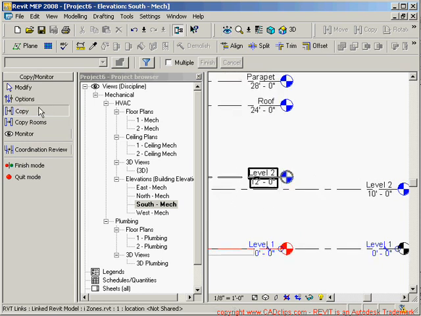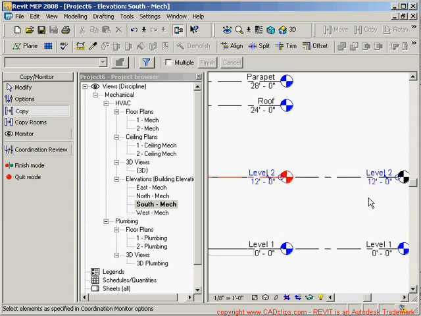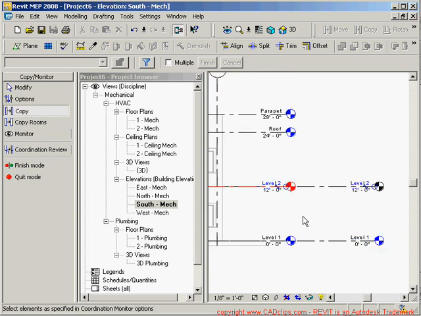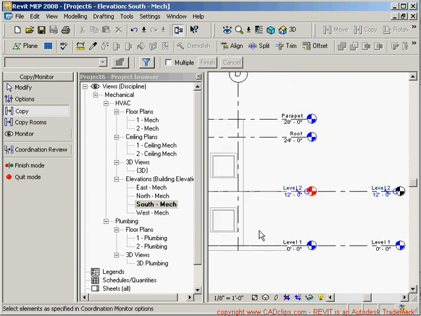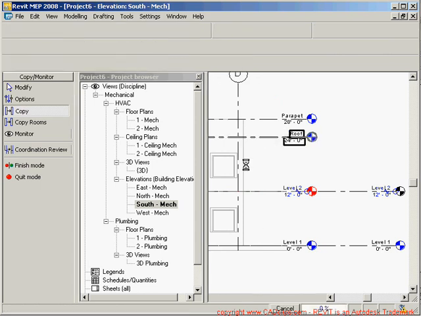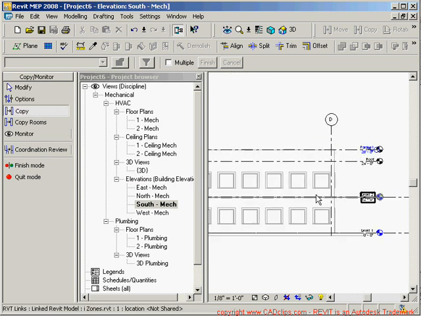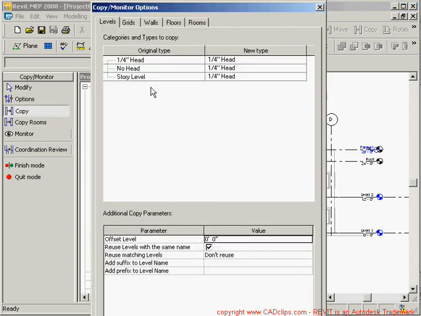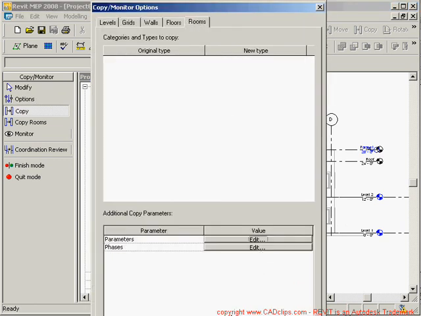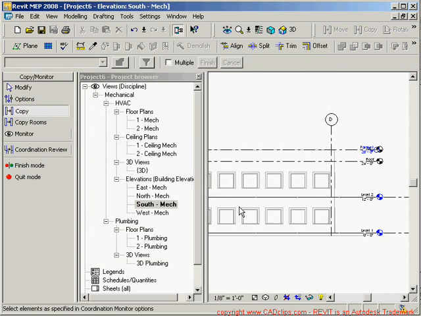Watch what happens. I'm still in the copy mode. I'm going to pick level 2, click, and all of a sudden you'll see my level 2 will jump and lock to their level 2. And I'm going to copy this one as well. While I'm at it, copy this one as well. So now I've created my levels that are holding the rooms that I'm on. I've changed my phases in my options by going into here, hitting OK down there,